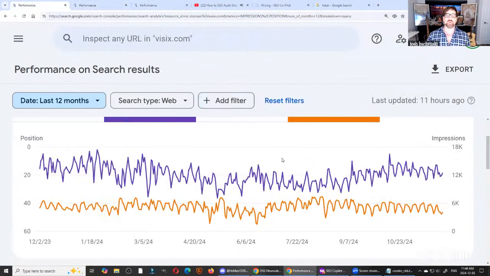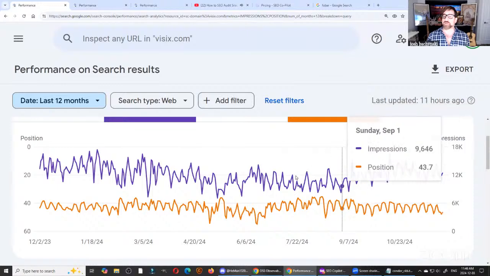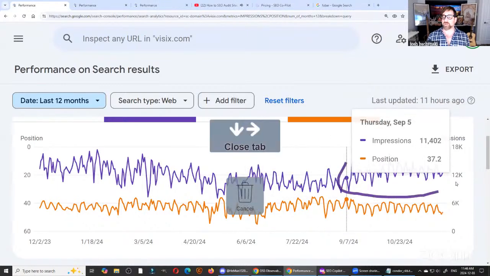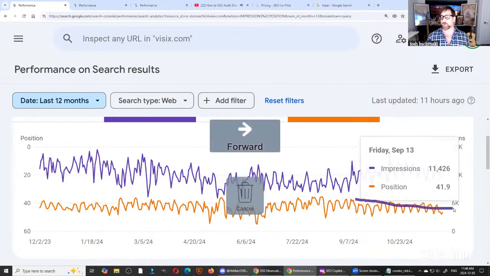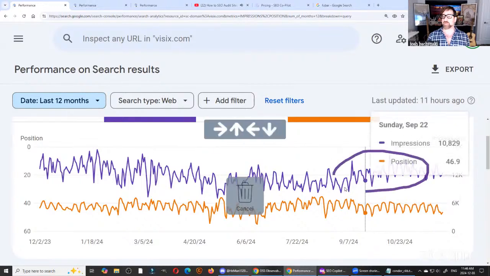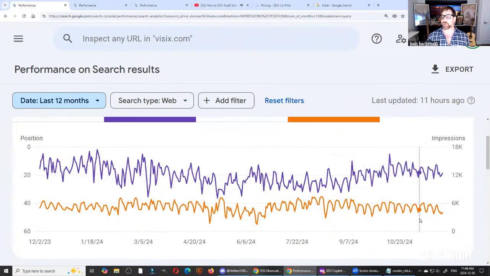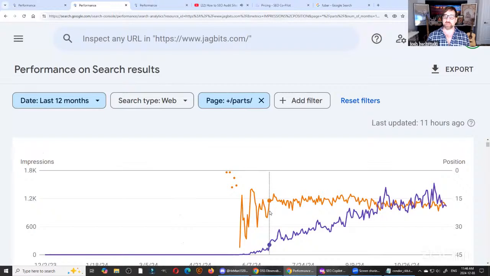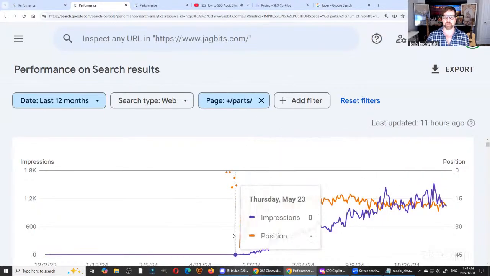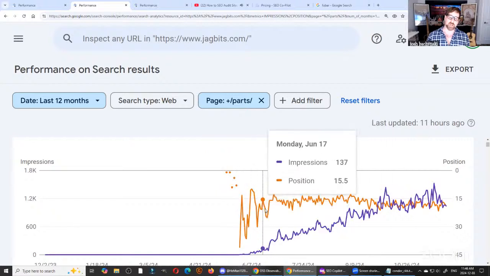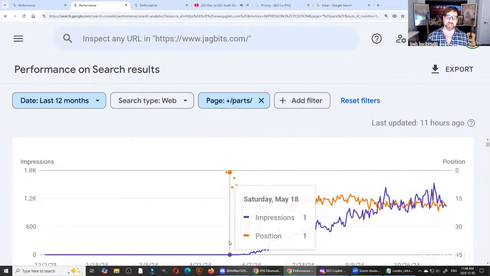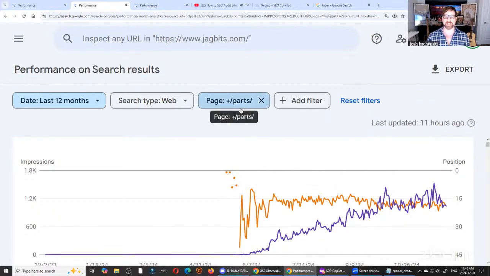Okay, so that's another major thing you can tell by looking at this. This is a healthy site. This SEO is working. It's ranking for more pages because the impressions are going up and this is going down. That's how I know it's ranking for more pages. This is ranking for more pages as well. At first, the search results were going up because it had nothing. It had nil search results before for this section. This section didn't exist before I started adding it in, again, with SEO Copilot. That's how I built all the pages.